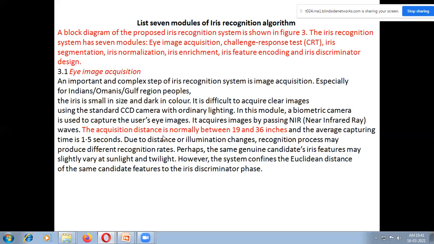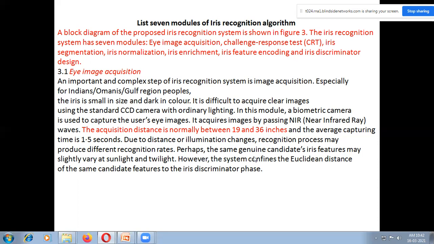The acquisition distance, how much distance between the camera and the eye? The camera and eye distance is 19 to 36 inches, and average capturing time is 1.5 seconds. Due to the distance or changes of illumination, the recognition process may produce different recognition rates.